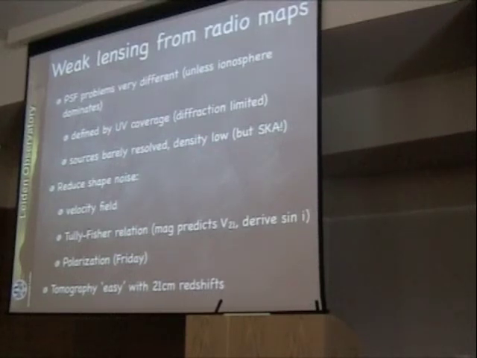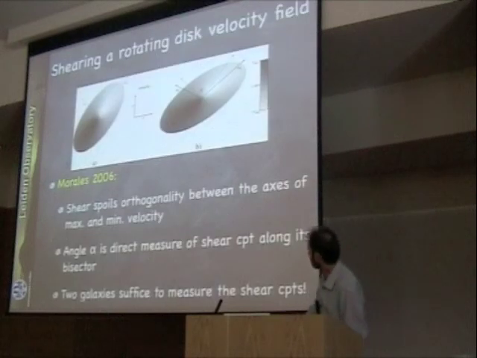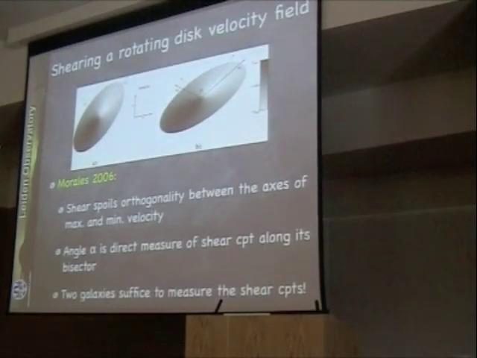There's clever ideas for using the shape noise in radio maps, and one of them, let me just discuss that briefly. There's a nice paper from a few years ago by Morales, which shows what you can do if you have the velocity field of the galaxy. So here